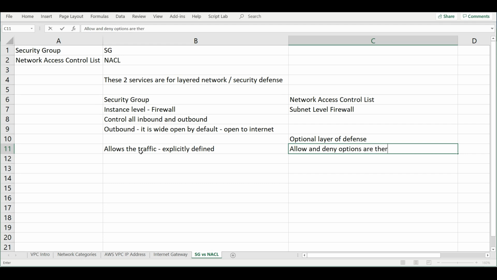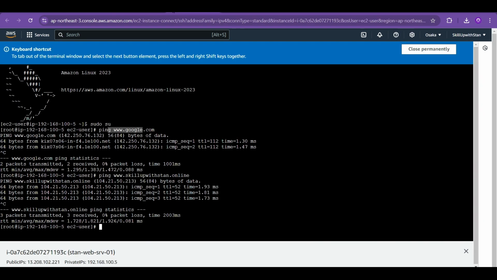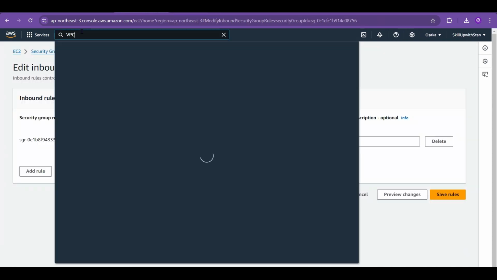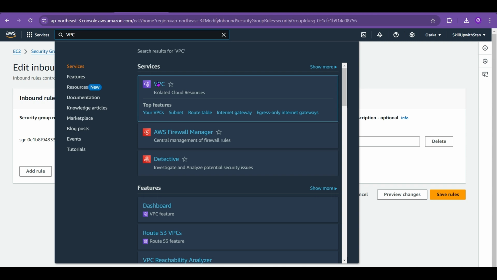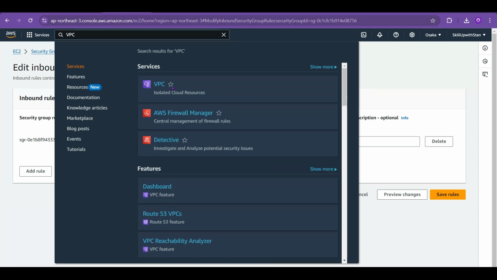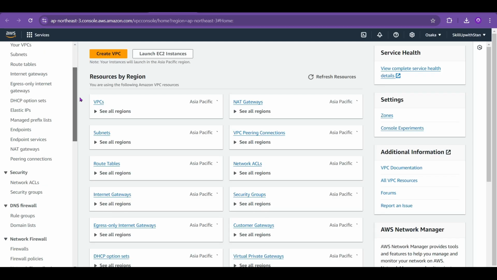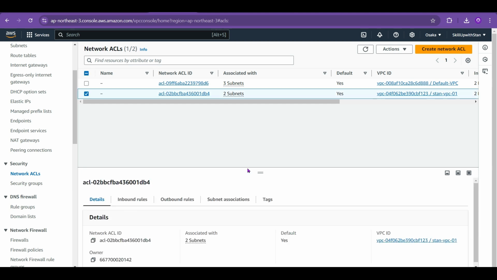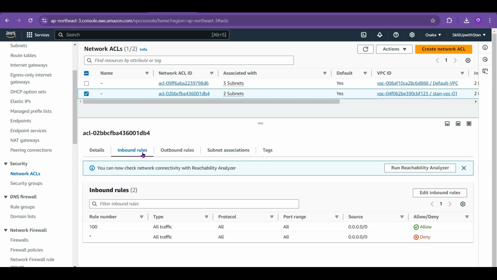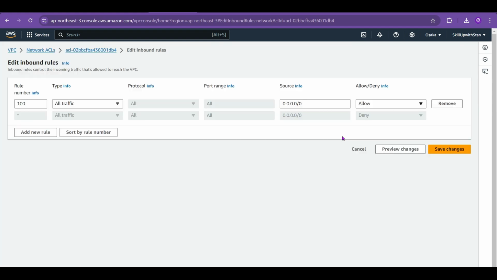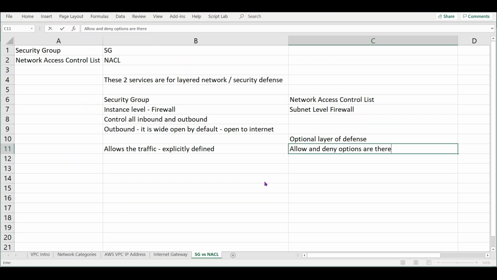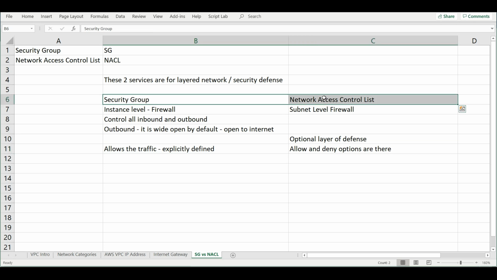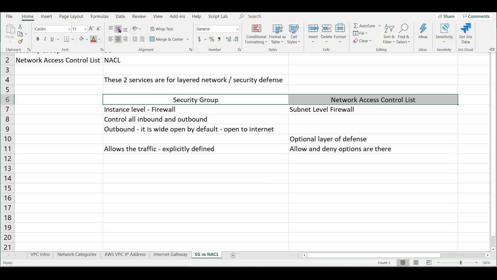Okay, let me show you that quickly here. So network access control list is created at the VPC level, not at your EC2 instance level. The security group is what is applicable for the EC2 instance. So here, if you create a rule, you have the option to allow and deny. If you want to allow a particular rule or a particular thing, you can allow, or you can also deny it. But allow is the only option that you get in security group. So you can define both allow and deny in